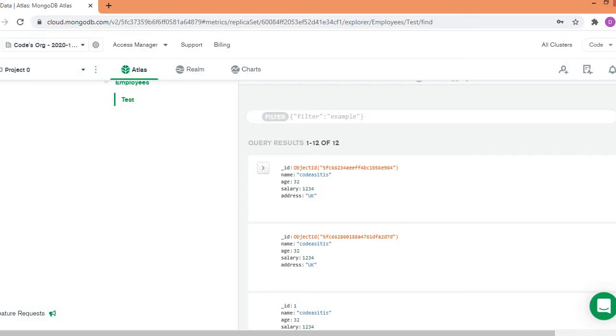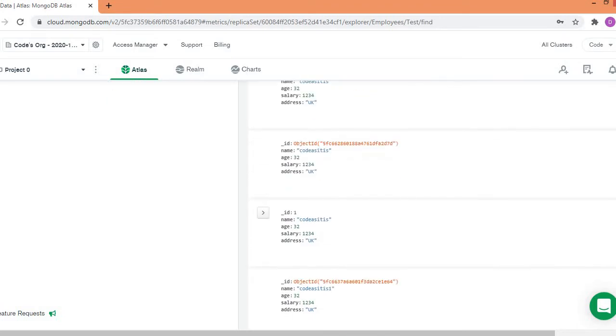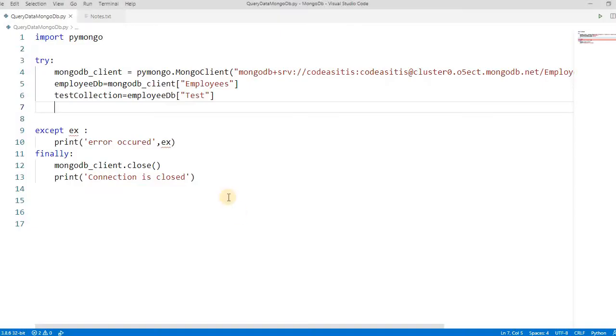Suppose I want to retrieve the data with the name like Code as Teach, or something like age is greater than 32 or 30, or salary is greater than 1000. Let's see how to query it. For querying this, we have to create one query. So let's create my query, and it contains the column name and value. The first one is the column name, let's say my name, and the second you have to pass the value which you want to search, let's say something like code. It searches for the exact match, because by default, if we don't put something like regex or anything, it will try to find the whole name.